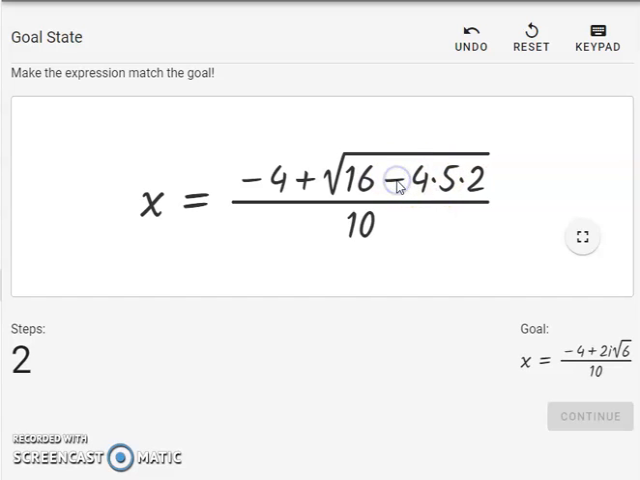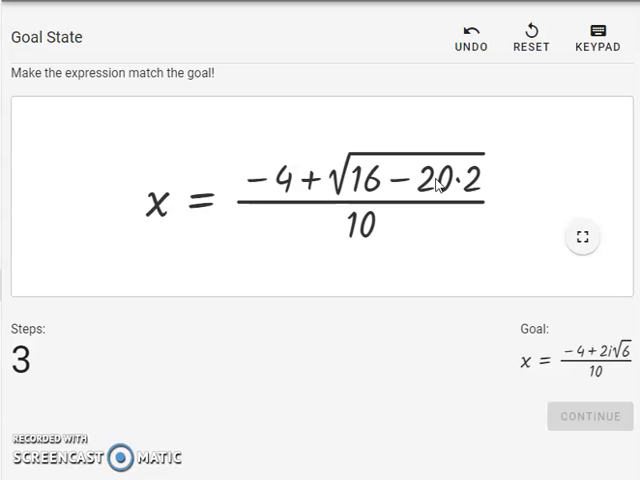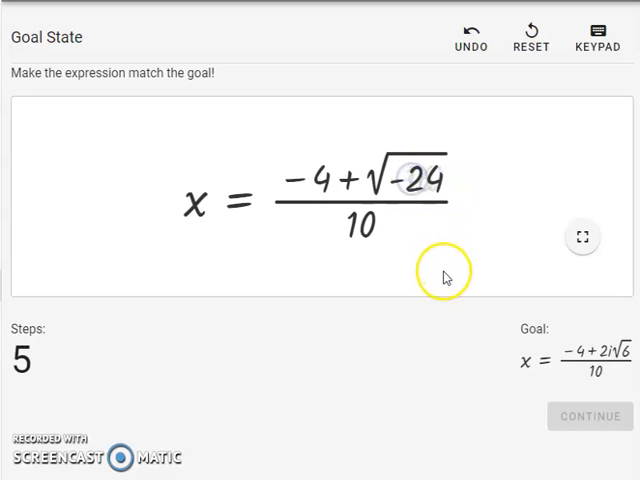If I try to do subtraction, it's going to tell me I can't do 16 minus 4 because multiplication has a higher order over subtraction. So if I click on the multiplication sign, that's 20. Click here, I get 40. And when I subtract, I get a negative answer. So as we've been discussing, this would give me an imaginary solution,